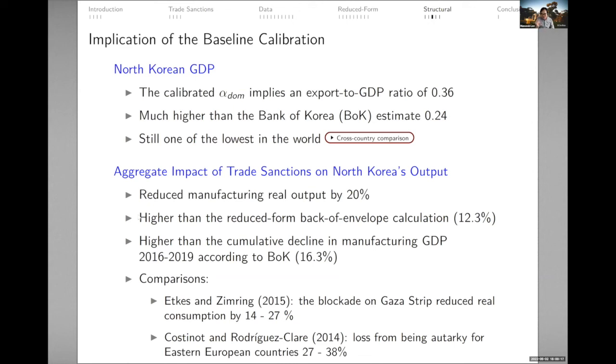not want to push too much. You reported the real output loss, but your model is already ready to calculate the real welfare loss for the customers. What is the welfare loss among North Korea's individual people, the customers? That question itself is really the big important question. But again, it's your choice whether you want to push that far or not. I see many value added. That's my summary.